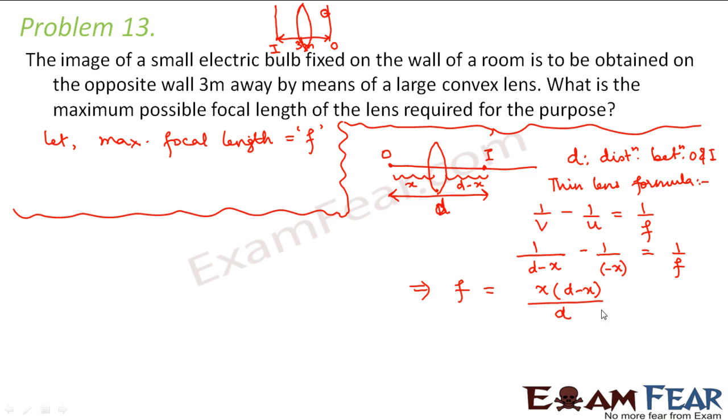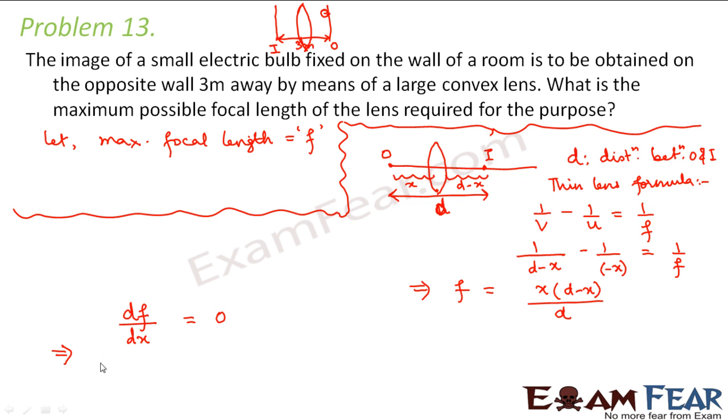Now what do I want? I want to find out the maximum value of focal length for which this D is obtained. So I want the maximum value of focal length with respect to this distance, right? For that, how do we know the maximum value of focal length? For that, we will differentiate this focal length with respect to this distance x. So df by dx should be equal to 0. This is how we calculate minimum and maximum values. You would have studied it in your mathematics, right? So we calculate df by dx.